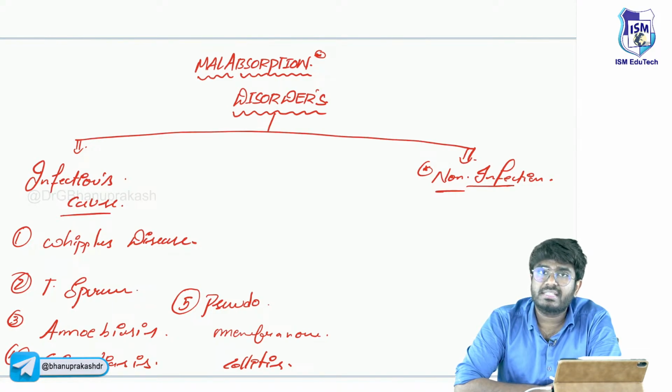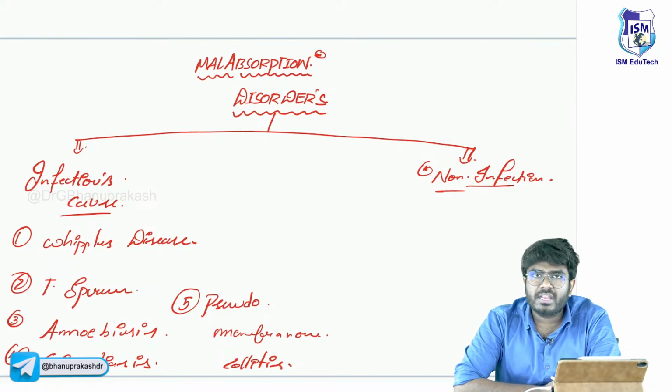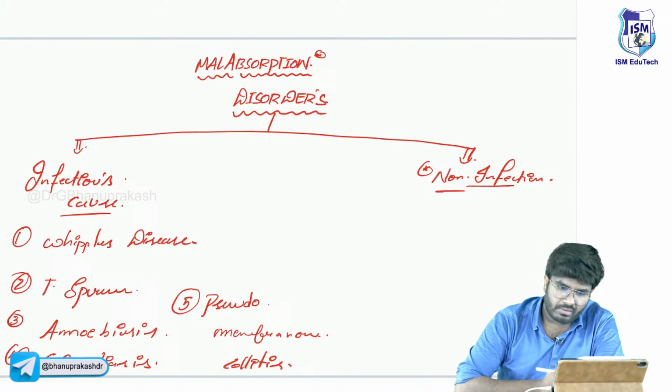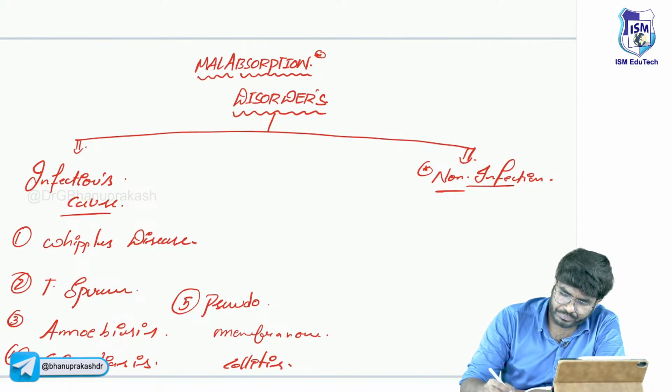In all these conditions, there is some infection going on, and that infection which is present in the intestines is causing the problem in the absorption. Absorption is getting hampered, so malabsorption. Now, non-infectious causes include celiac disease,